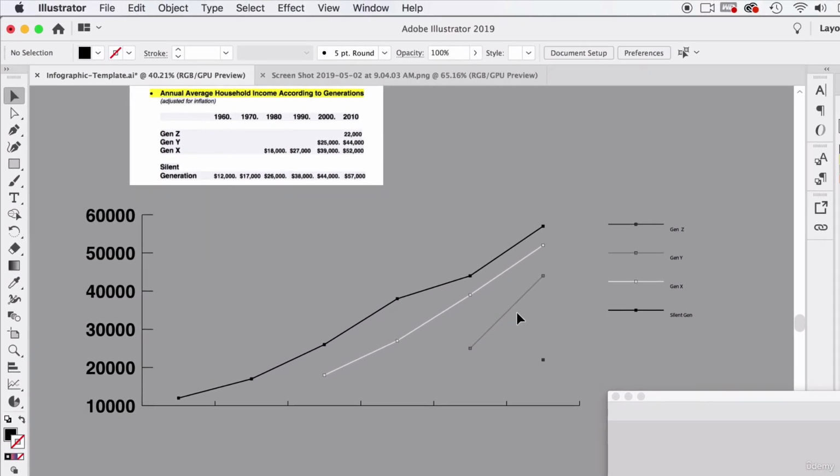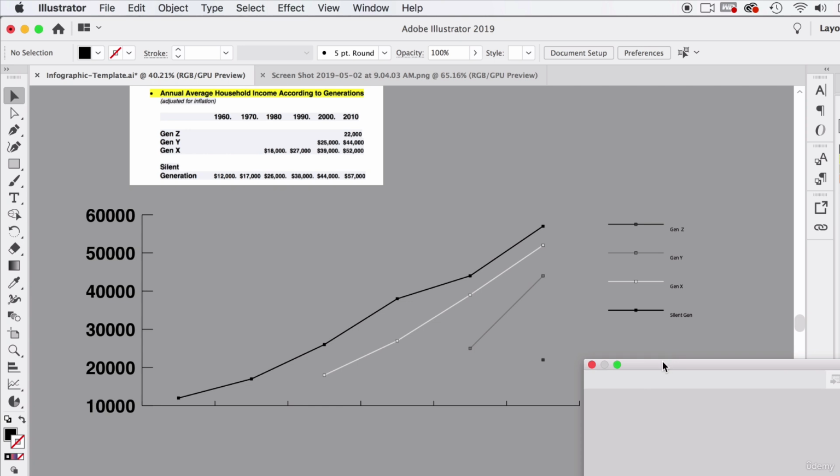So let's go ahead and create all this for you. There's a few things we can do. We can go up to Object, ungroup it, and start to put our own visual spin to it, make it more exciting and visually compelling. Or we can even keep the line graph editable and add some different items to it, or add visual appeal to it without having to ungroup it and break the graph. I'm going to show you how to do that, but in the end we're going to break the graph,